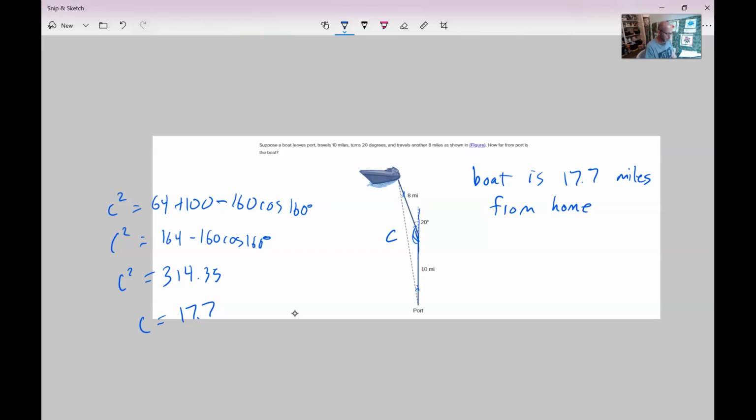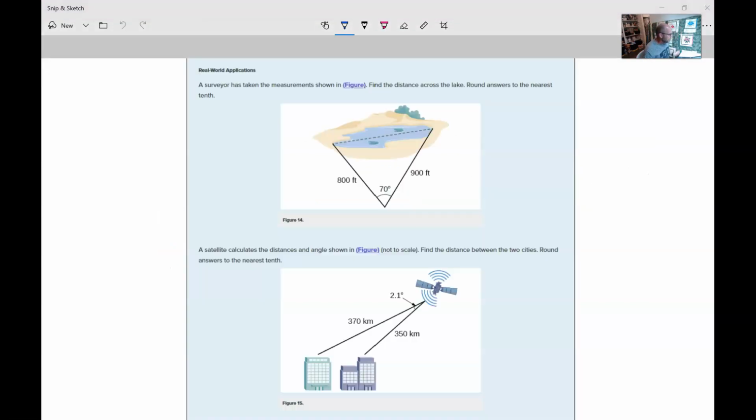Okay, so there's one example. Let me find a couple more here. So here's a couple more problems. The surveyor has taken the measurements shown in the figure. Find the distance across the lake. Round answers to the nearest tenth. So we need to know how long that lake is. And we don't want to wade into the water or swim through the water to find out how long it is. So we're going to do some surveying, or we get someone else to do some surveying,